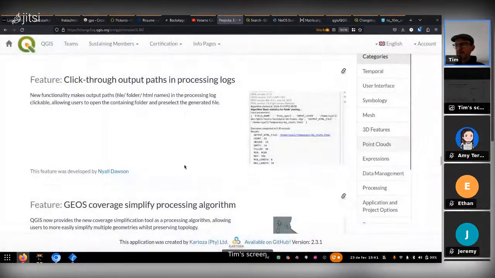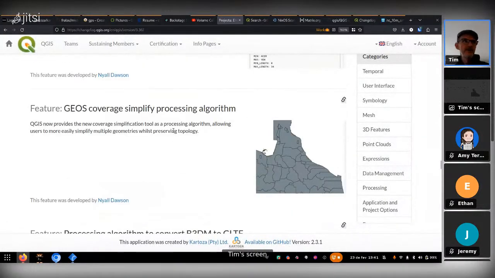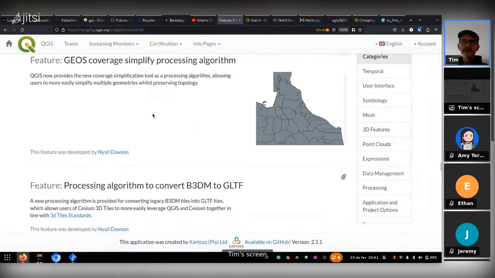The coverage one, we tried that. I won't try it again. Maybe I should try it again at the end. We've got a few minutes and see if I can get